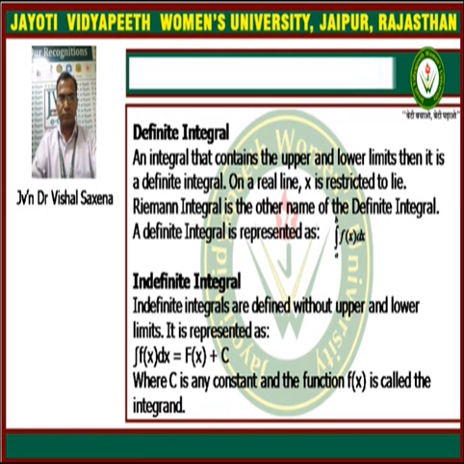So c is called the constant of integration. An indefinite integral will not have the lower limit and the upper limit in the integration part, and therefore its value will be indefinite. That's why we always take a constant c, known as the constant of integration, in the indefinite integral, while the definite integral is written as the integral from a to b of f(x) dx, where a and b are the lower and the upper limits.